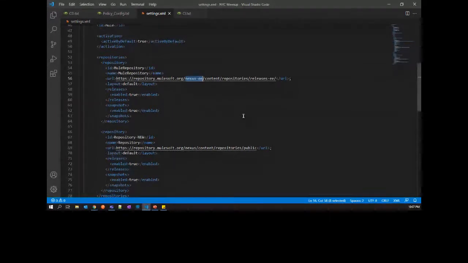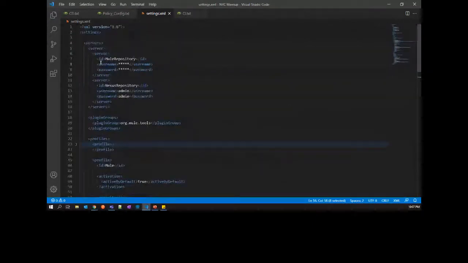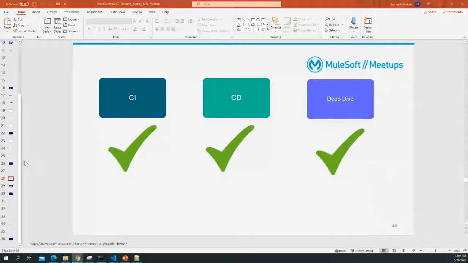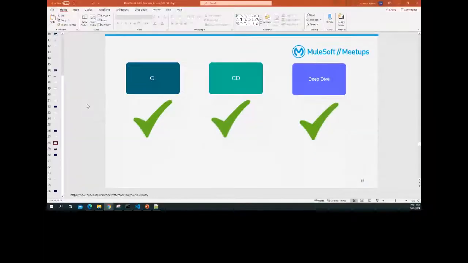Yeah, maybe that was the reason, Bharat. So we need to make these changes in the settings.xml. Nimish, I'll stop sharing and maybe you can take over. Yeah. Thank you everyone for listening to me. It was simply great, Akshay. Thank you so much for doing it. Yeah, thank you, Neeraj. Thank you, Akshay. I will take a screen share very quickly. Let me know once you guys see my screen.